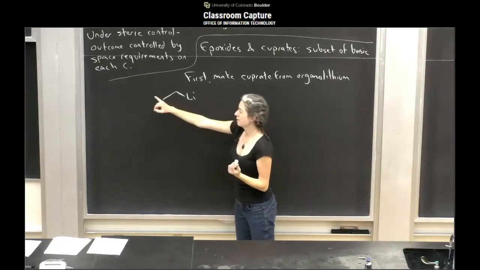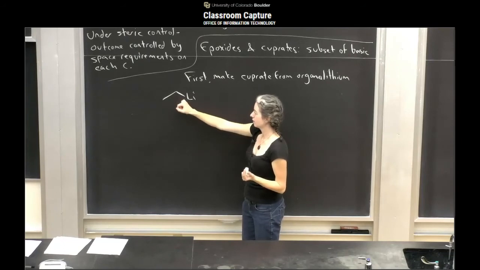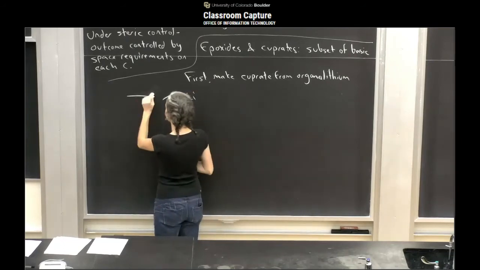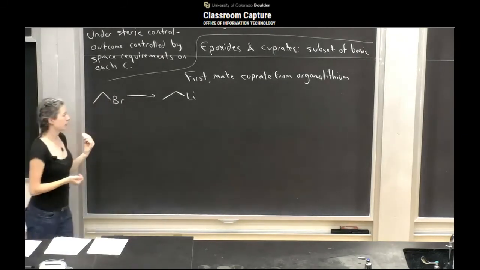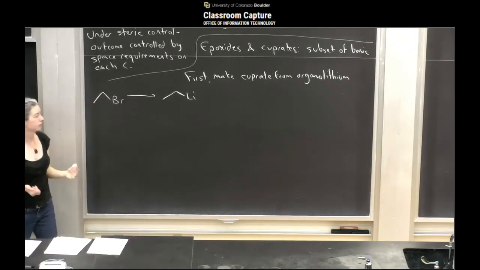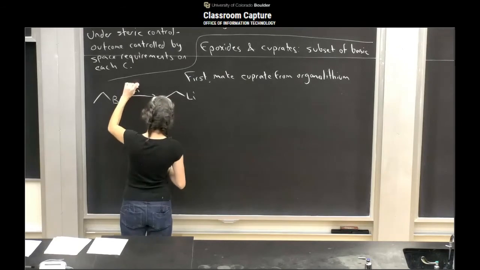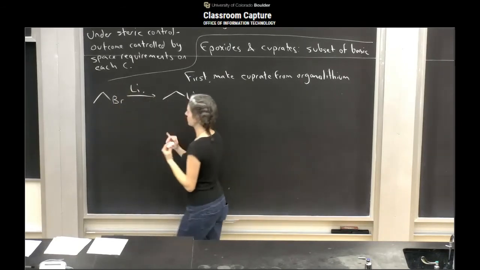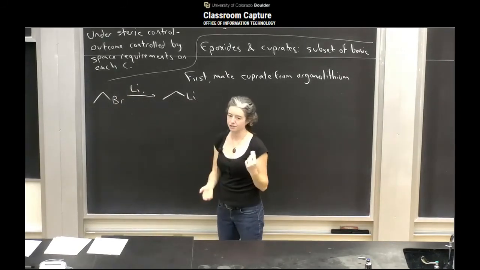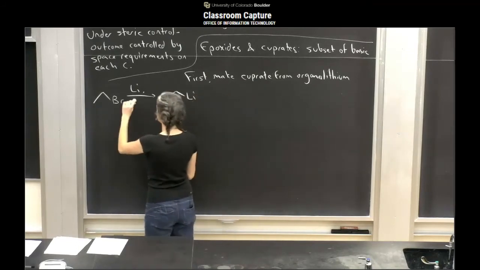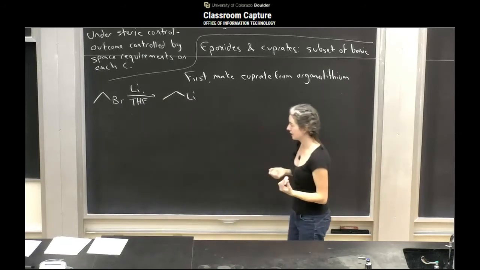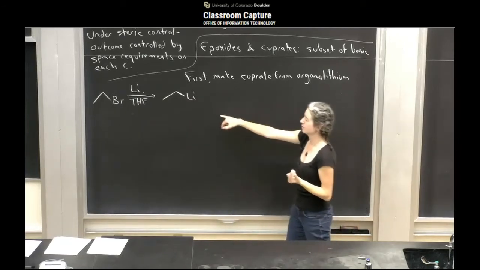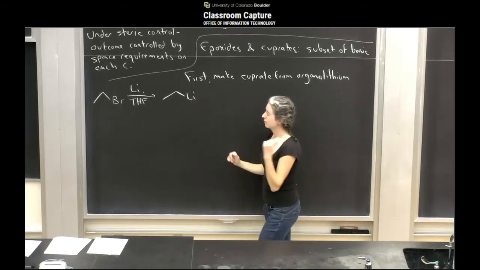And by the way, if you need a refresher on how we got this thing, it's basically from whatever alkyl halide, and then you hit it with lithium metal, and you need some sort of organometallic solvent. THF is by far the easiest default. So lithium THF makes you the organolithium here,